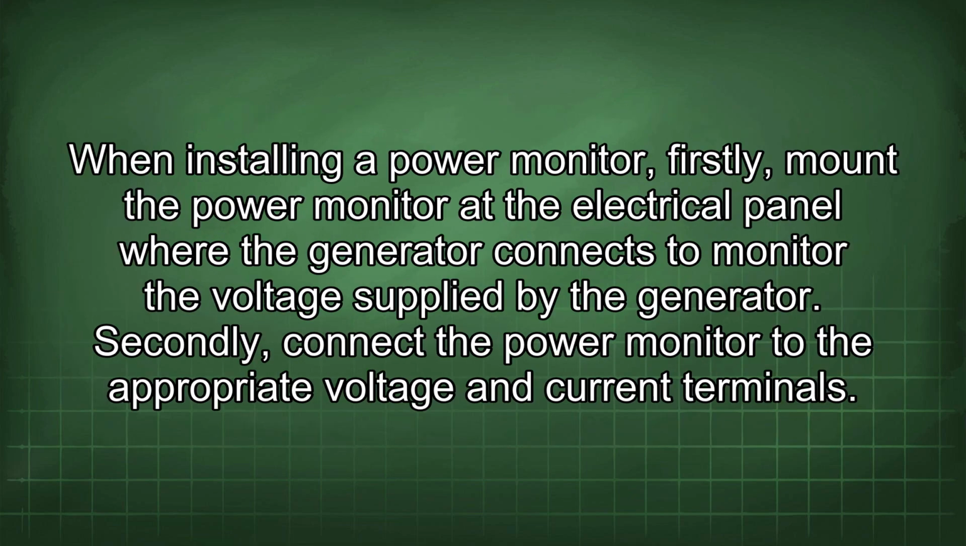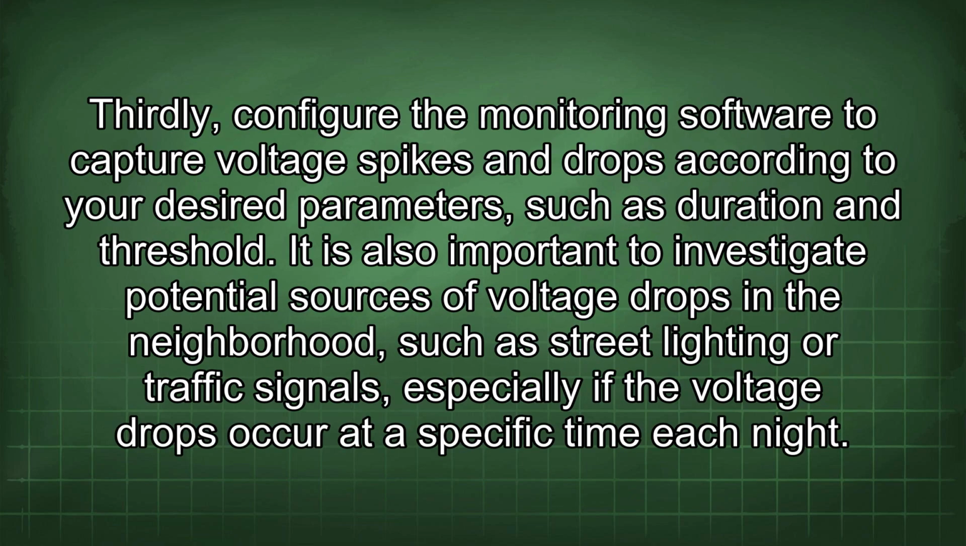When installing a power monitor, firstly, mount the power monitor at the electrical panel where the generator connects to monitor the voltage supplied by the generator. Secondly, connect the power monitor to the appropriate voltage and current terminals. Thirdly, configure the monitoring software to capture voltage spikes and drops according to your desired parameters, such as duration and